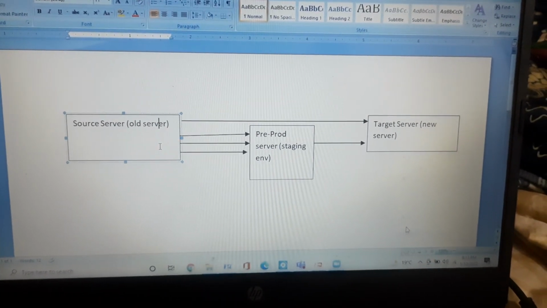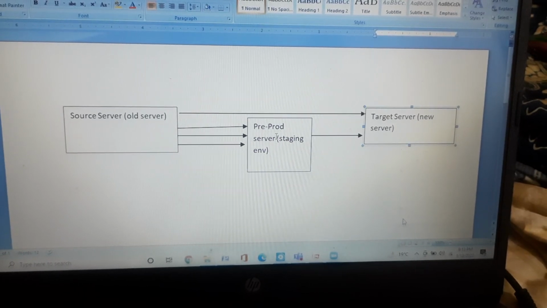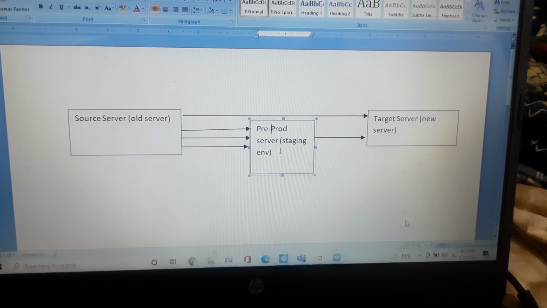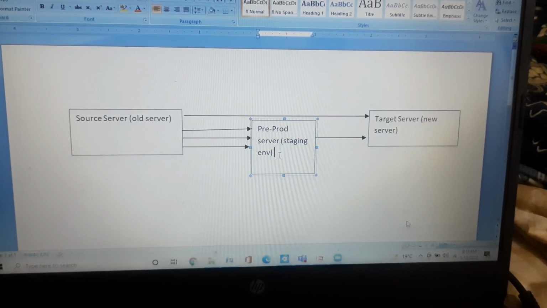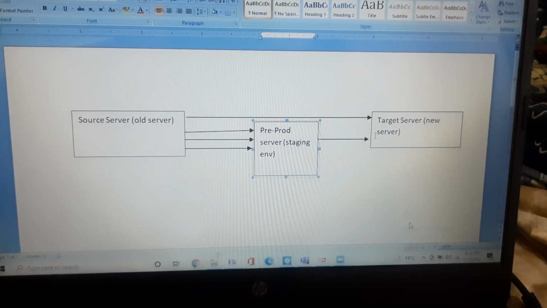In this case, we require a pre-production server, that is prior to the production server. So this is your production server, and this is the pre-production server, also called the staging environment, because there is a need for a stage for my data prior to sending it into the